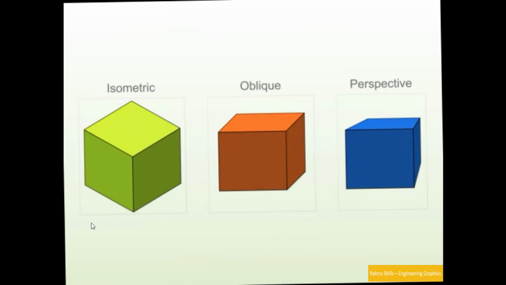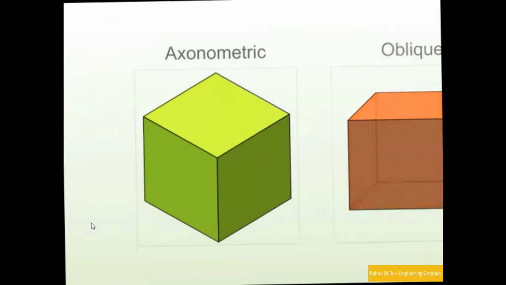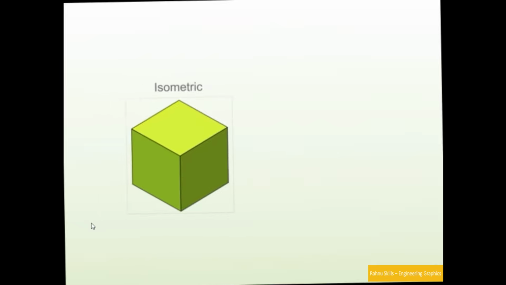Now our topic is isometry, so I will focus on isometry. Isometry comes under the category of axonometric projections. So we will discuss the isometry or axonometric projections. Now iso means same. When you take the object, all its dimensions, which I am showing you, all these dimensions will be same, so that is why it is known as isometry. In all the directions the faces are 120.